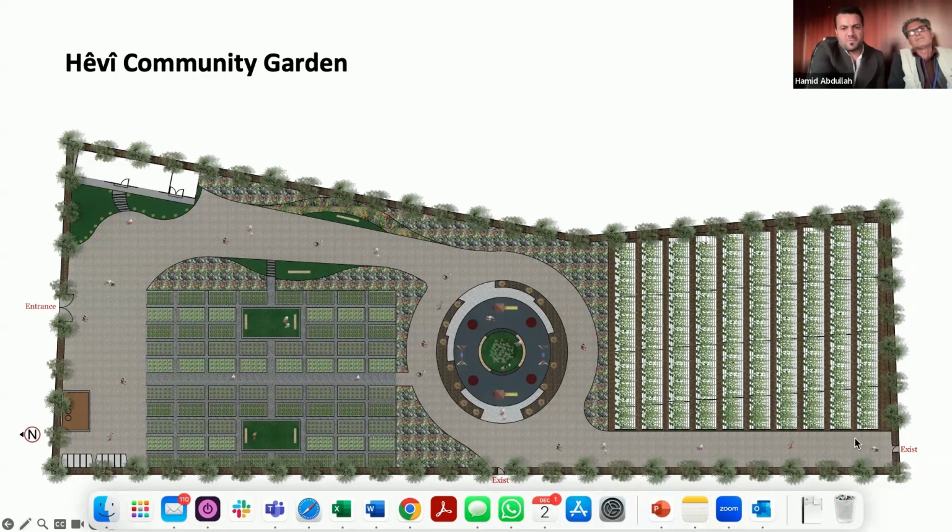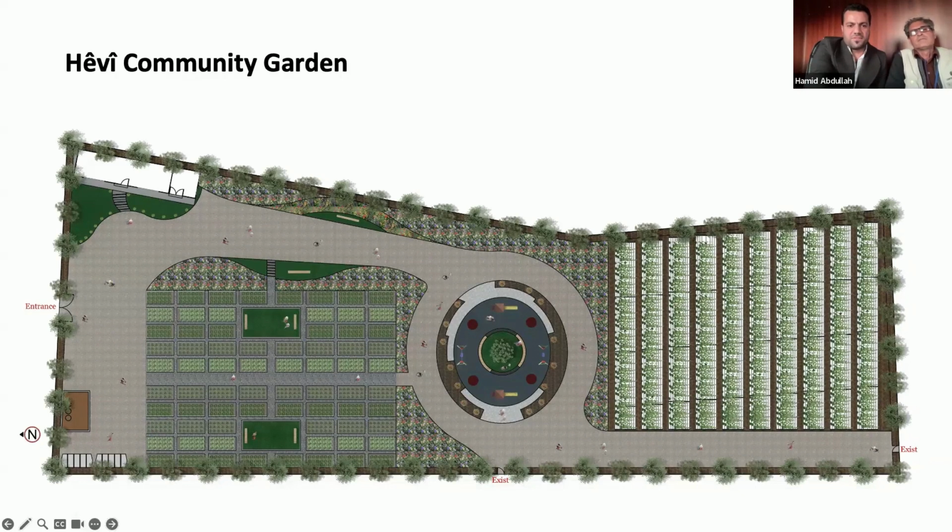If the families are more than what we have at the moment, which is 92 in total, we're going to transform half of the vineyard or all of the vineyard into raised beds and a nursery, as well as tunnel houses. So that's all the design, and it is surrounded by 5 or 6 tree species.